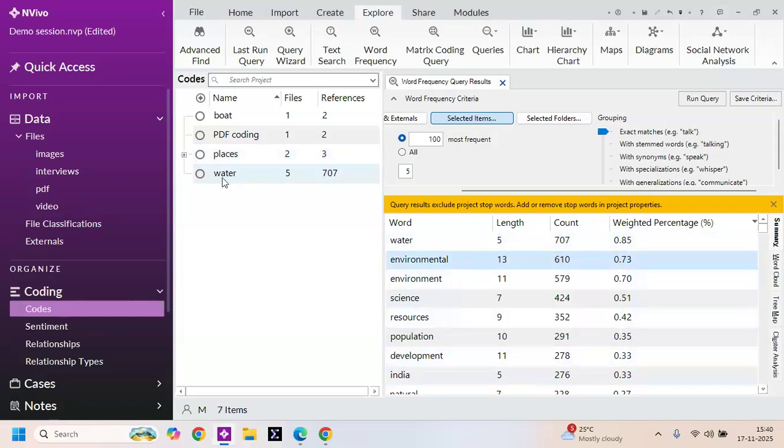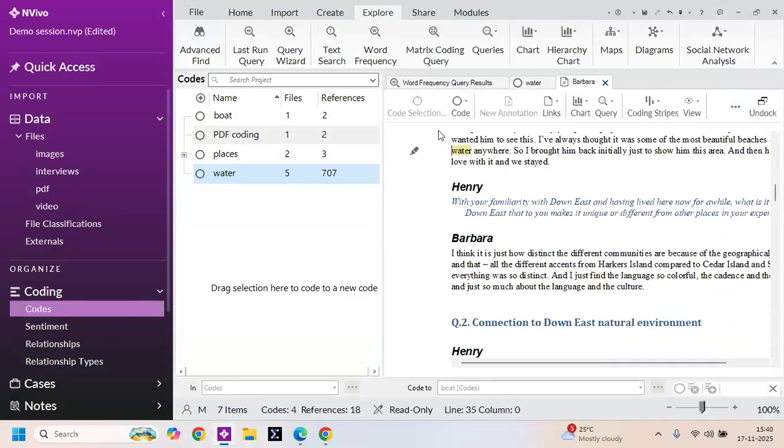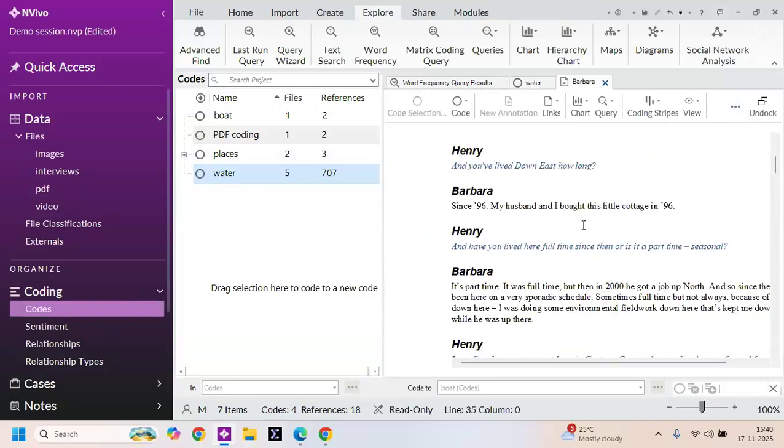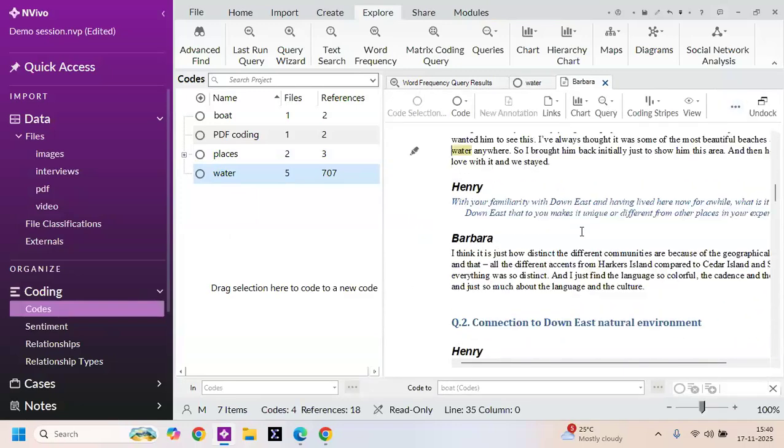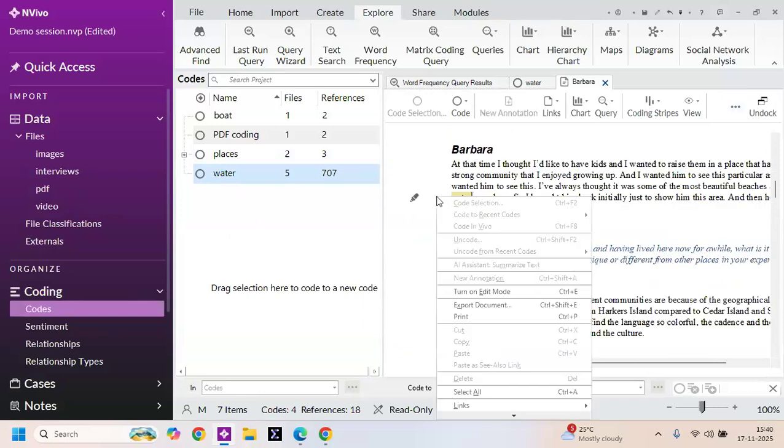If you click on that water code, you can see all references there. Like their reference one is this from the Barbara file. If you click on that link, you can see this is the Barbara file, and all water word is highlighted here. Okay,